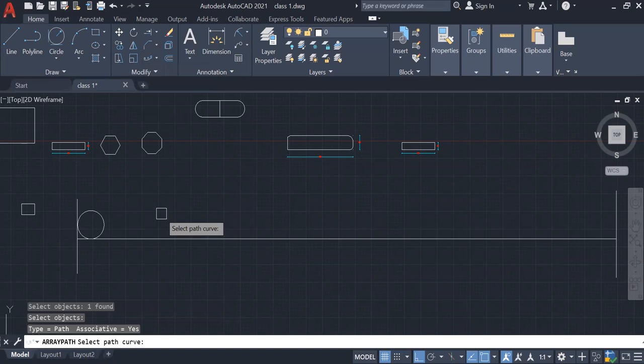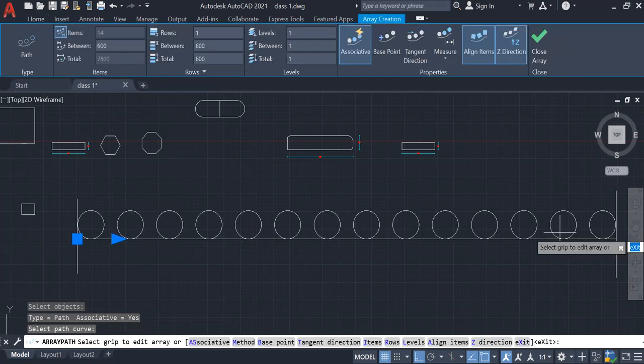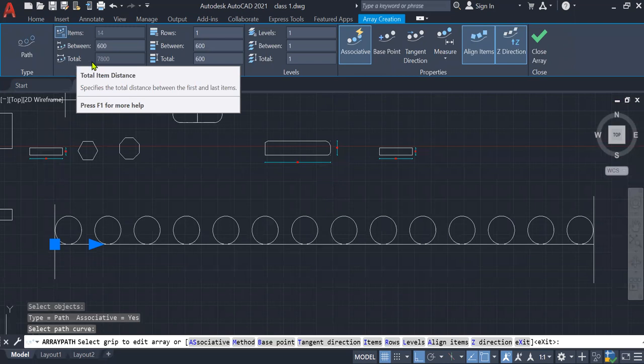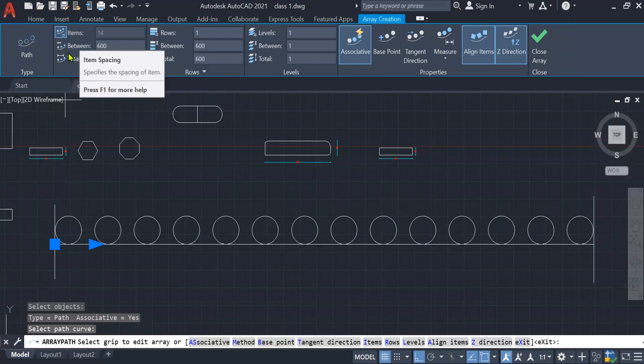Here you can see on a single click, the multiple objects will be created. If you go to the copy command, then again you need to copy here, and you need to keep on clicking for the multiple objects, and it will take a lot of time. So here on a single click, we have created the multiple objects. Now we need to give the particular distance. Here you can see the in between,